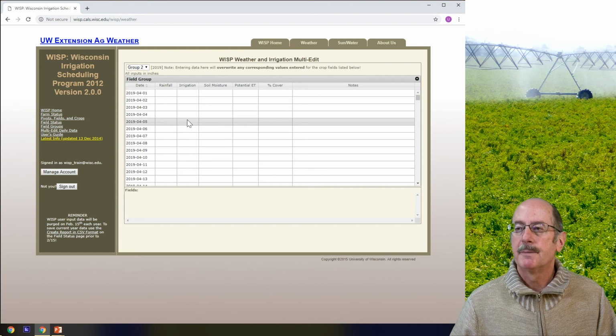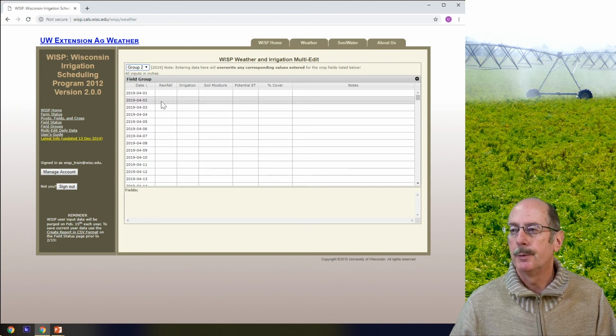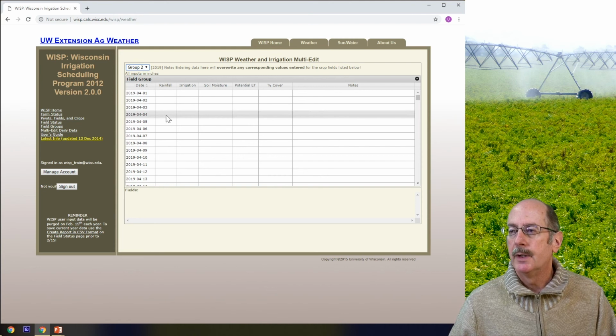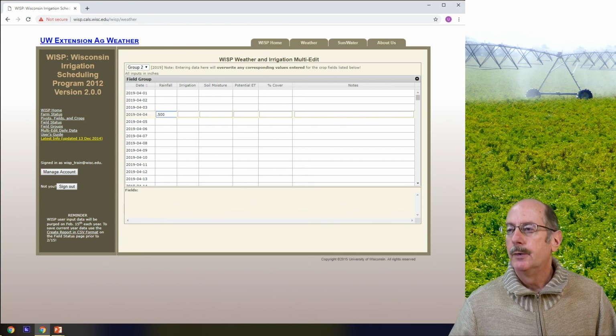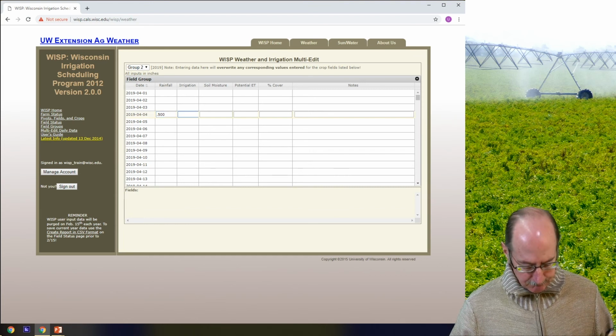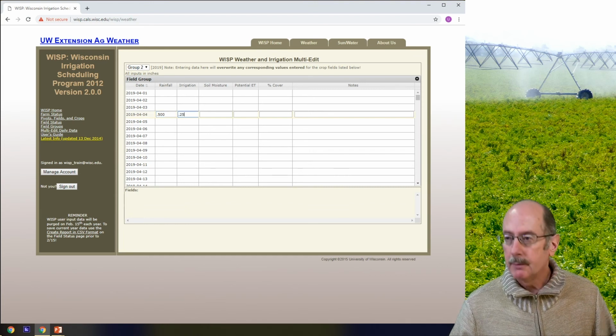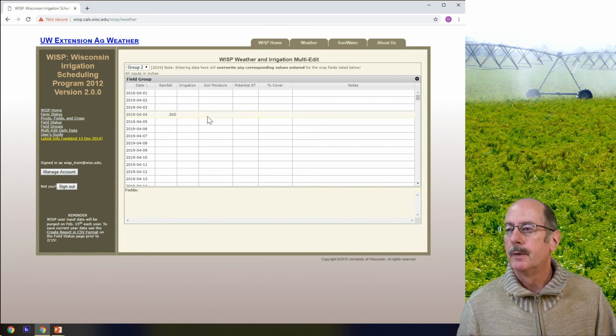All right, and this brings up the multi-edit screen. And again here, you have a choice. You can pick your group, and you can go in and add a value. Say you got a ½ inch of rainfall. You can go ahead and add that in for a given day. If you had, say, a little bit of irrigation, you can also add that. Let's put that on a different day, but remember that you must hit return in order for that to be recorded.